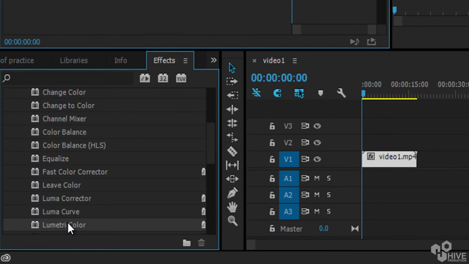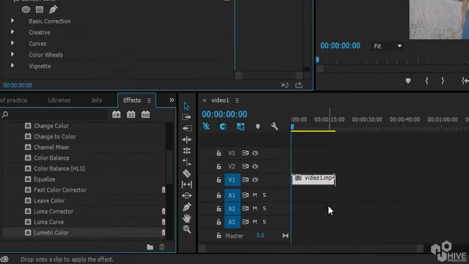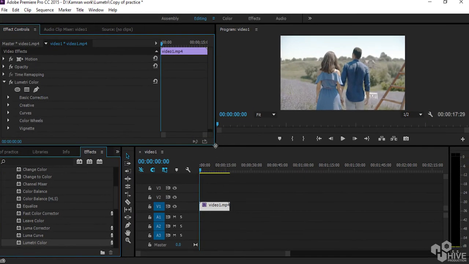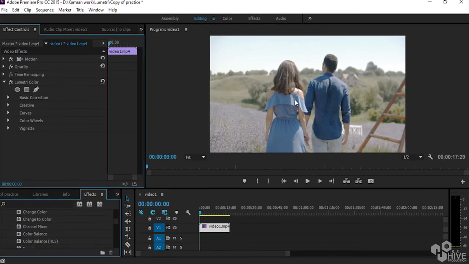We can play with hue and saturation, and we can play with curves in Lumetri. So if I drag Lumetri here, I have this video and this is the Lumetri.